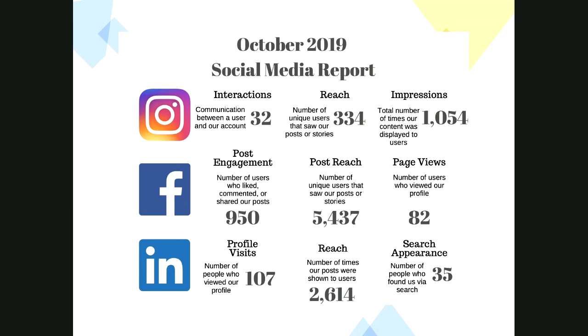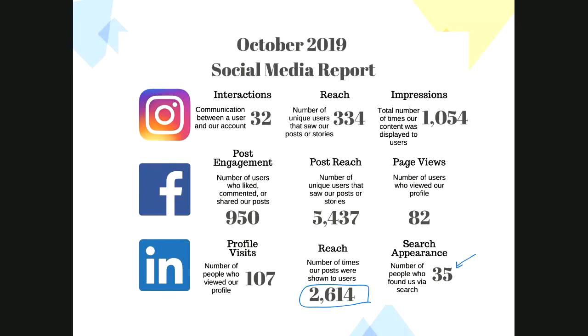And then LinkedIn. You can see we report the number of people who found us in a search. That's an important metric. 35 people were searching for us, perhaps incoming freshman students, right? 2,600 times our posts were shown to people.